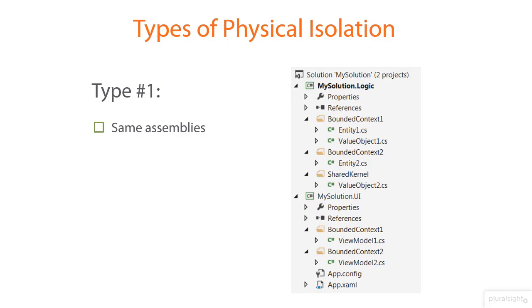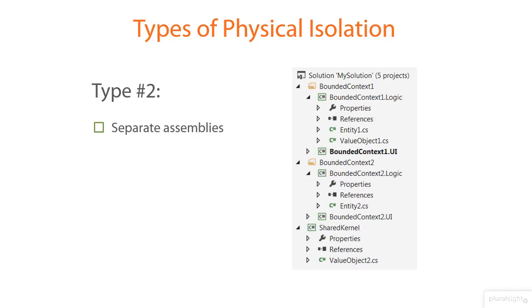Such degree of separation also means you share the same database instance, but again, entities in different bounded contexts should be stored in different tables. If you use SQL Server, it's a good idea to define separate database schemas for each bounded context to make this distinction more apparent. The second type of isolation is extracting the bounded contexts into separate assemblies under the same